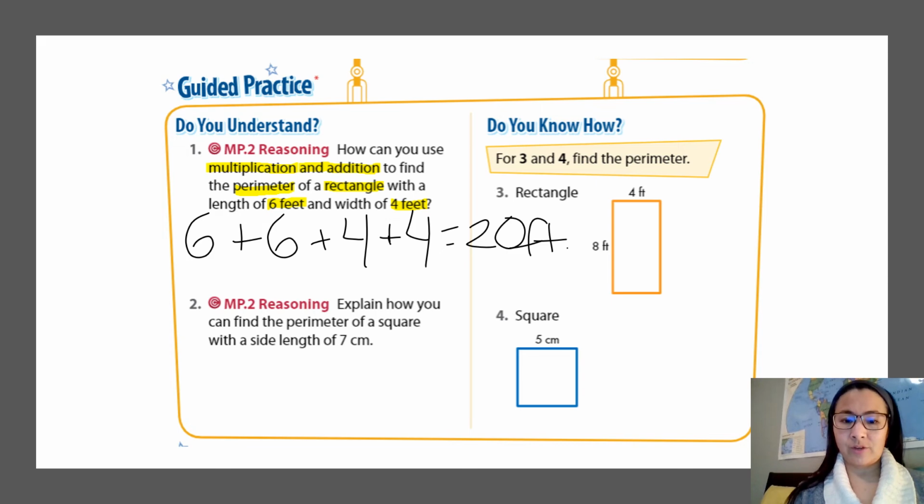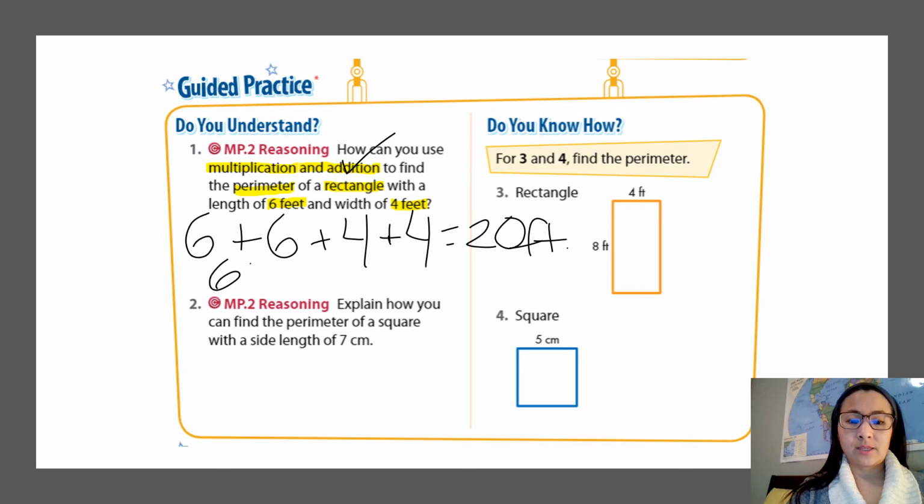One thing is I'm not able to write very small. Okay, so that is the addition part. I checked that off. It's also asking me how I can use multiplication. How could we use multiplication? Did you think, well, we can do 6 times 2, and we can do, oops, that's a plus symbol, 4 times 2,